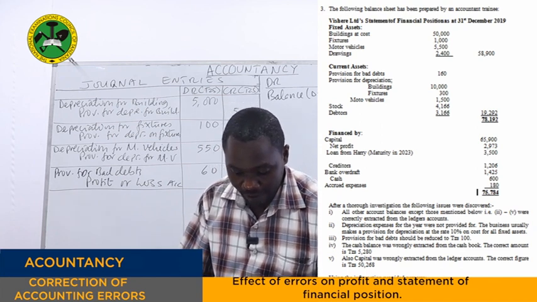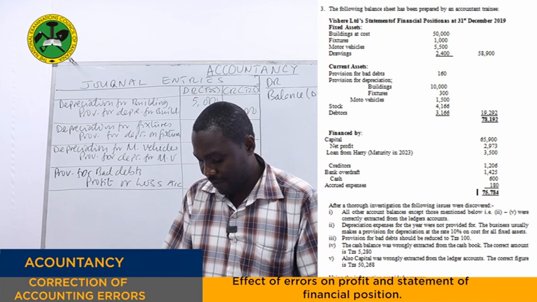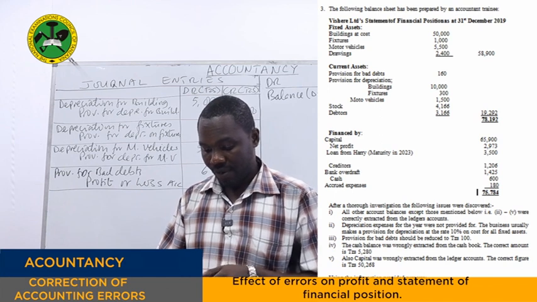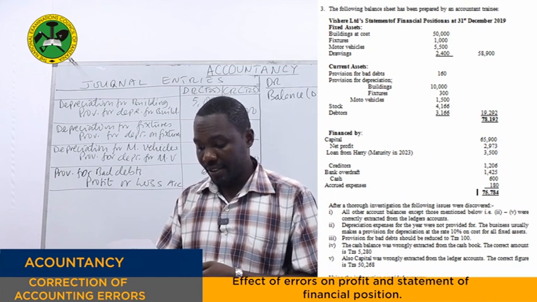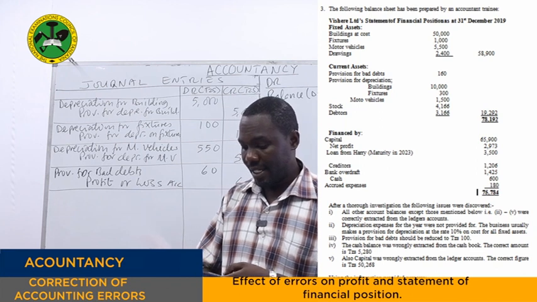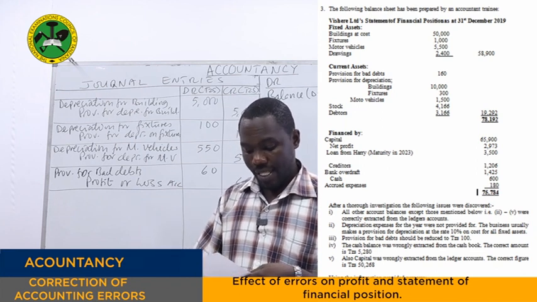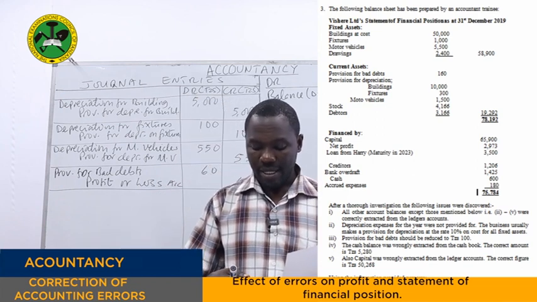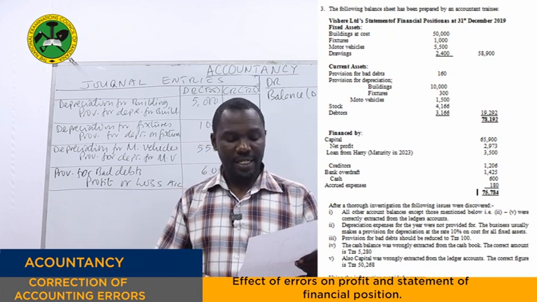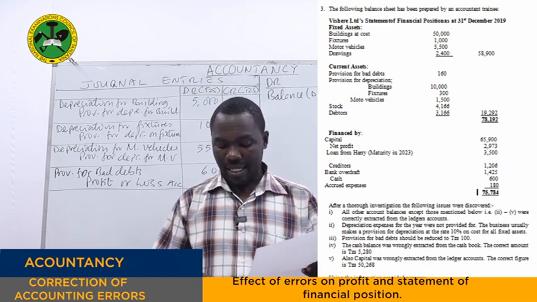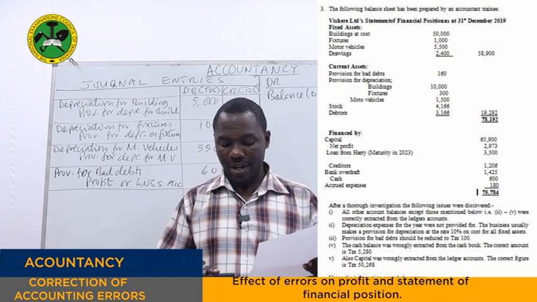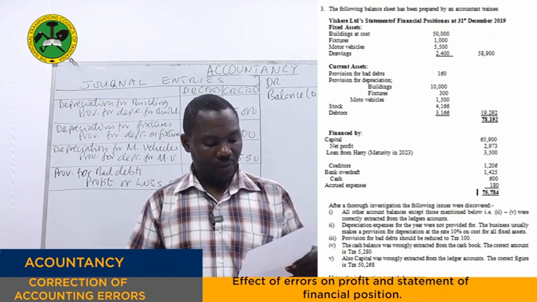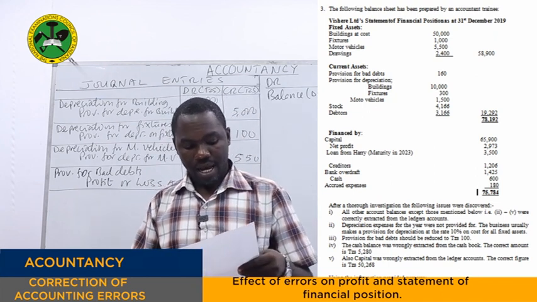The required balance is 5,280. Let me compute it. 5,280 less 600. So that means it was undercast by 4,680. To correct this, we need to debit the cash account by 4,680, and we credit